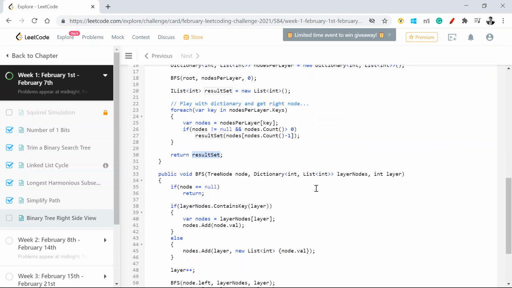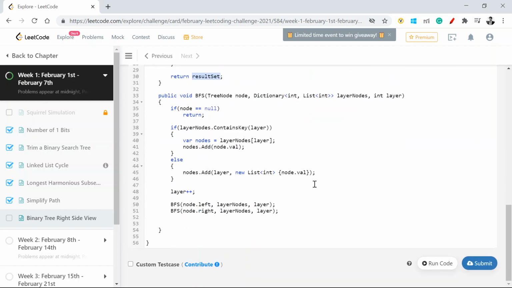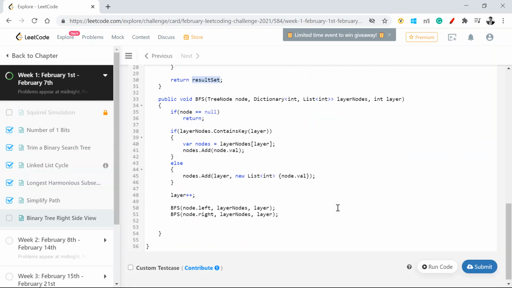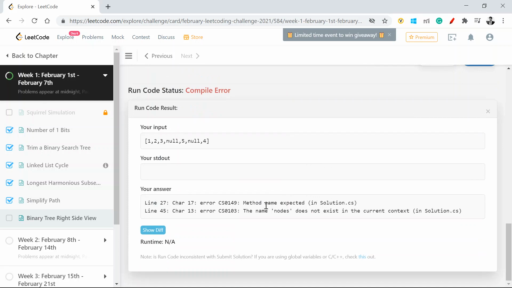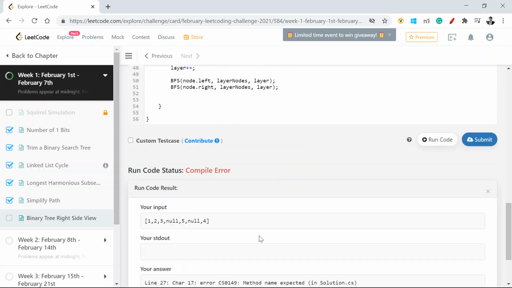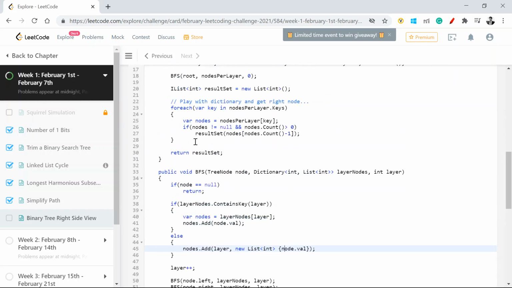So with this, let's run this and see what is happening. Okay, I got the error, method name expected, at line number 27. So let's see what the problem is. Oh sorry, this will be nodes.count minus 1.